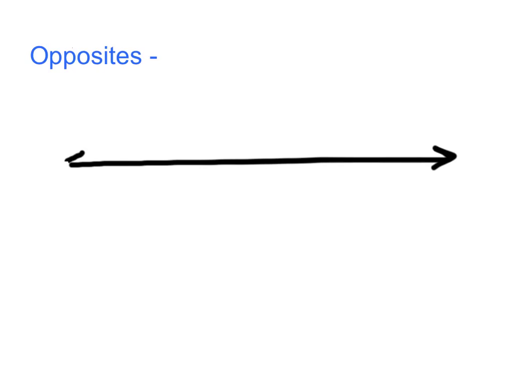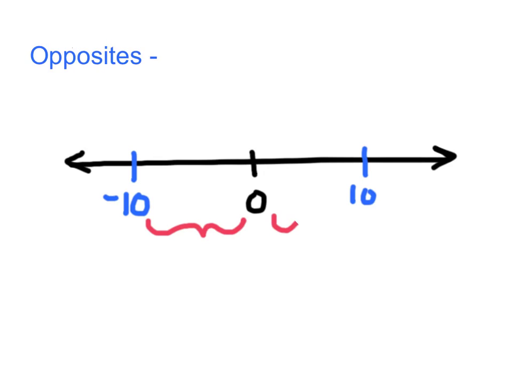So, for example, on a number line, if we have 0 kind of being in the center of it, if I had a value of 10, the opposite of 10 would be -10. This is showing that both are 10 spaces away from 0. But the only difference is one has a positive value and one has a negative value. So these two numbers are opposites, which also means that another definition of looking at integers is saying that it